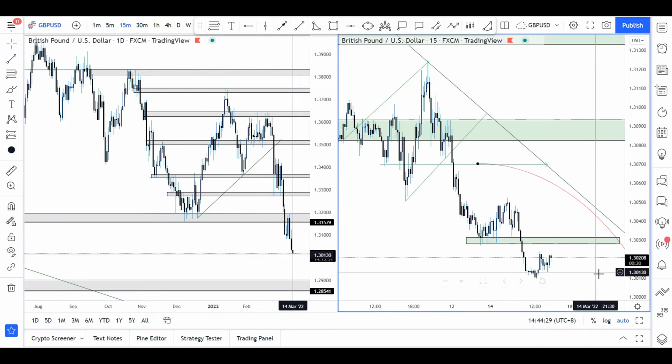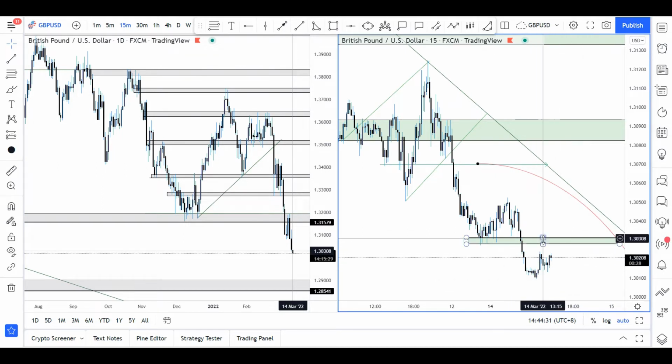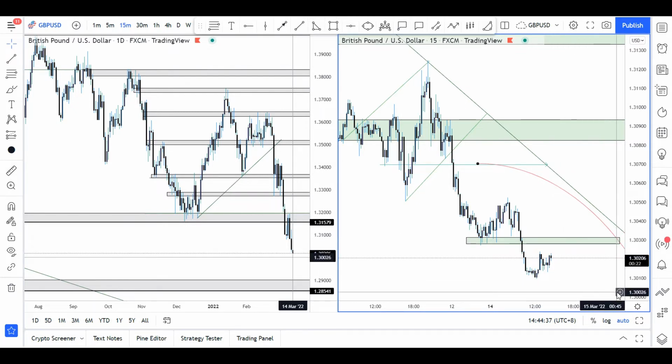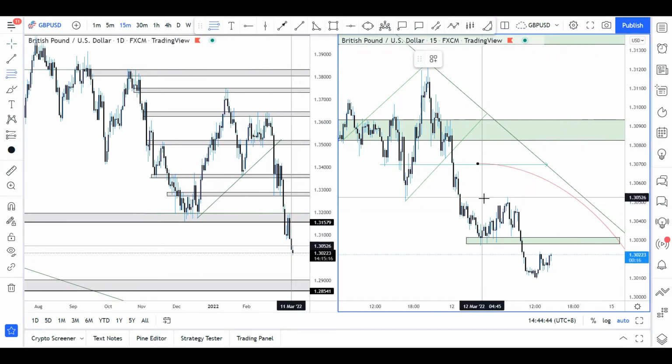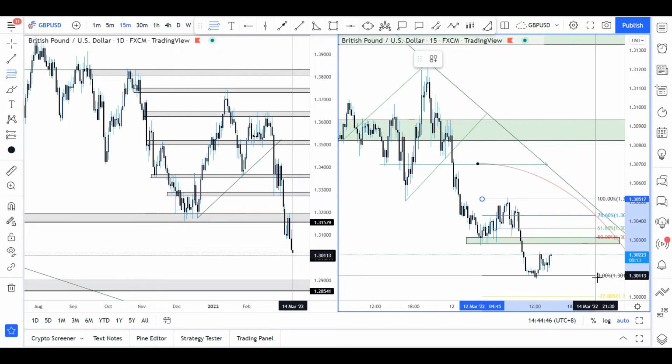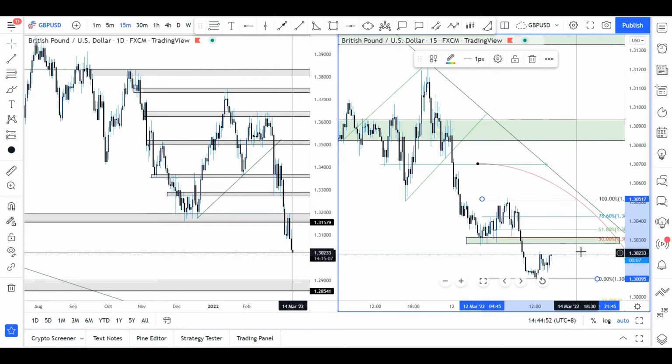So at this point, two things: the price might come here during the London session at 1.3030, reject it, and then we'll have a continuation of the bearish trend, or price might just break into this region a little bit. If we pull up our Fibonacci and trace it from the 1.3050 region where it had made the highest high, and then to this lower low here, we could see price might come back to retest the 50% retracement zone, which is a perfect point for this